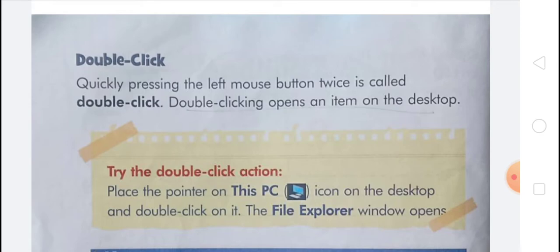Now in types of mouse, the first one is ball mouse. This mouse uses a ball for the movement of the mouse pointer, and the ball, made of rubber or metal, is present on its underside.